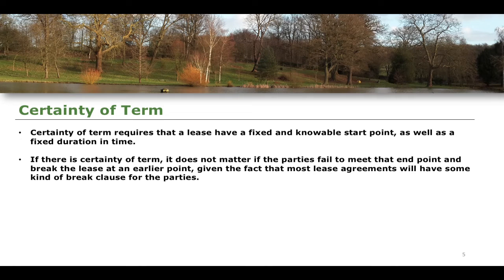Let's say I have a lease agreement I sign and it says that I'm going to start the agreement on the 1st of January 2024 and it's going to run for an entire year. It's going to run for 12 months. This would therefore mean that I know that there is a directly certain endpoint. This is, of course, the 31st of December 2024. That does not necessarily mean I move out on the 31st of December. I might break the lease earlier on, owing to a number of different reasons.